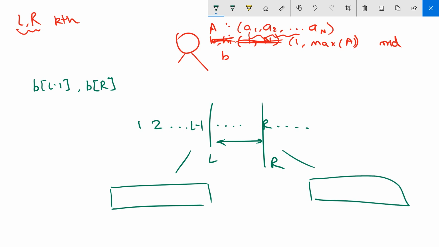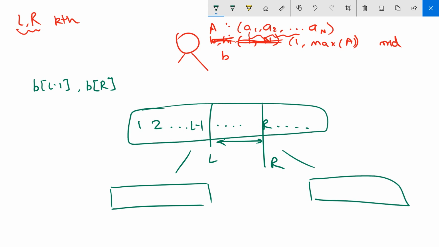We are partitioning the present array in terms of less than or equal to mid and greater than mid. But B of L minus 1 is how many entries from the first L minus 1 entries are coming over here, right? And what about B of R? B of R is how many entries from the first R entries are coming over here.